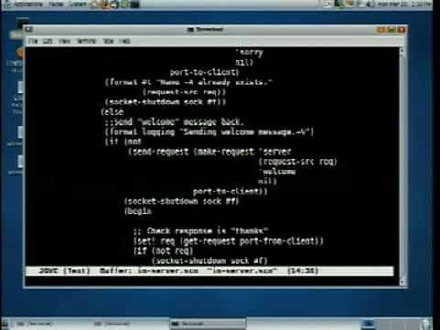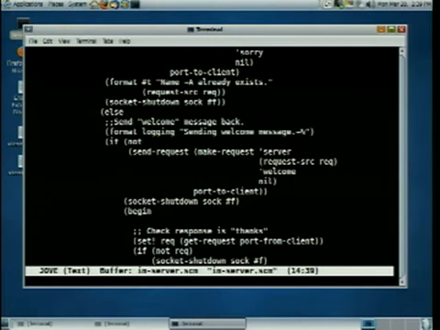So we got hello. We send back welcome, and send request returns a value, basically true or false, meaning did that work or not. If it didn't work, shut down the socket. Okay, now we wait for another message to come in.